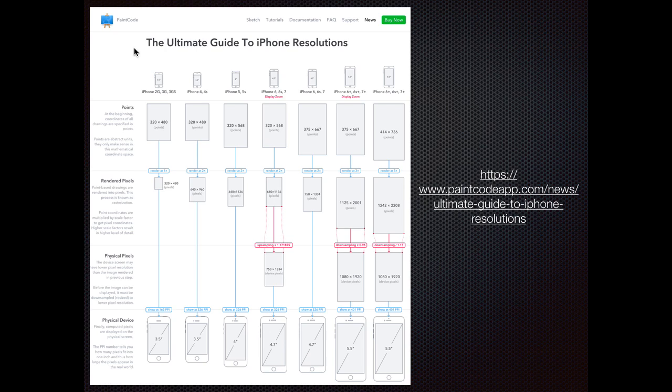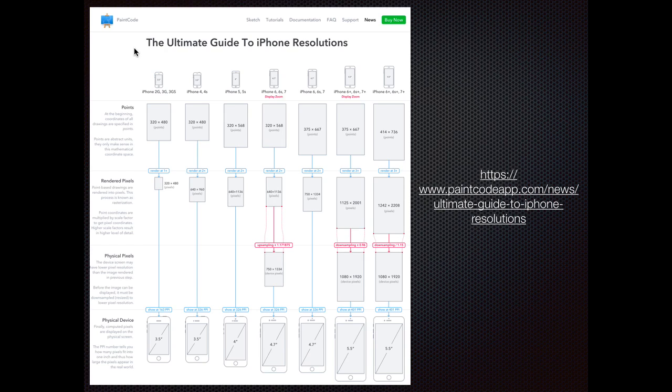I wish they had an iPad version of this, but they don't. And there's an interesting thing that happens. When iPhone 6 Plus and iPhone 7 Plus come along, they are 375 by 667 points, but when they're rendered at 3x, there are 9 pixels that correspond to every 1 pixel. However, that's not the actual size of the physical display for these devices. The iPhone 7 Plus, for example, is actually a 1080 by 1920 screen, even though